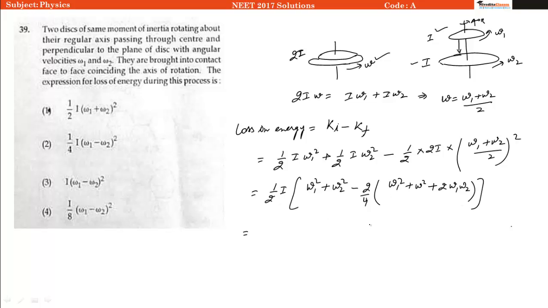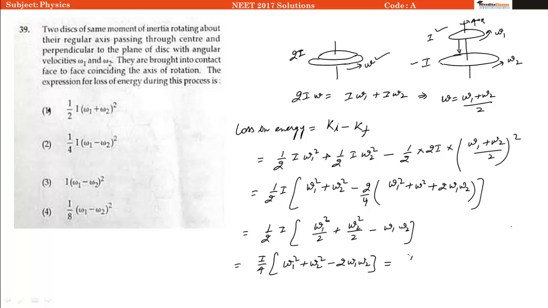Okay, and if I solve it, I will get half I into omega 1 square divided by 2 plus omega 2 square divided by 2 minus omega 1 omega 2, which is actually equal to I divided by 4 into omega 1 square plus omega 2 square minus 2 omega 1 omega 2, which is I divided by 4 into omega 1 minus omega 2 whole square, which is our option number